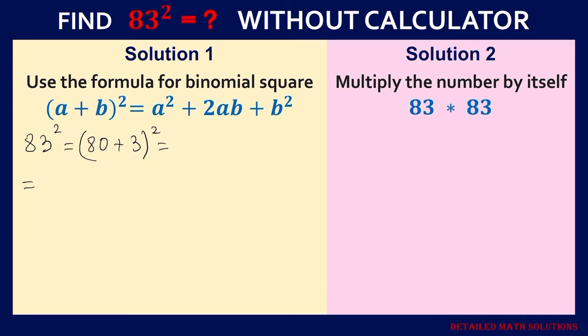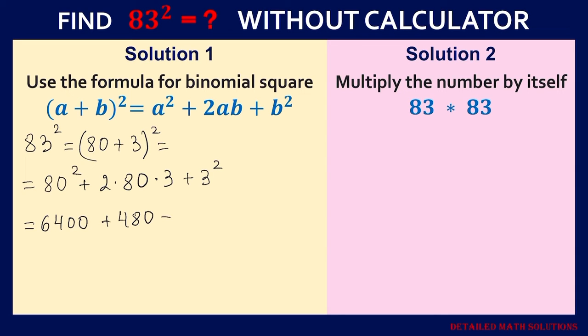The number 80 corresponds to the a in the formula, and 3 corresponds to the b in the formula. Therefore, this equals 80 squared plus 2 times 80 times 3 plus 3 squared. Then what we need to do is simplify further. 80 squared is 6400, plus 2 times 80 times 3 is